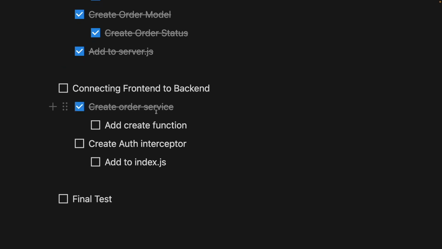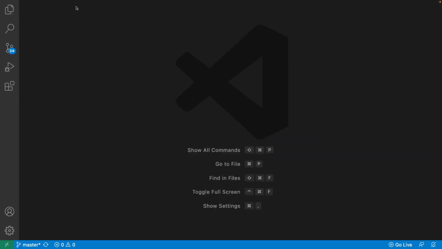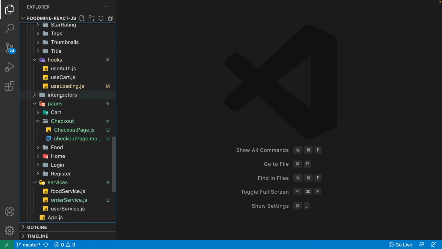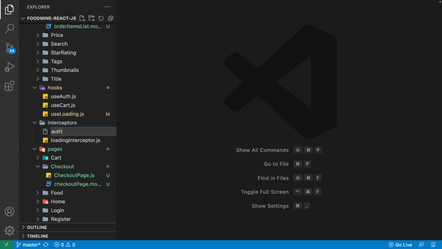We already created the order service. We added the create function. Now we just need to do this part, that is adding an auth interceptor, or adding an interceptor on Axios, and sending the token with every request to the server. Let's do it. Go back to the code and close the backend stuff. Open the Explorer, go to the frontend. Let's find the interceptors folder. Right click on it and create a new file with the name of